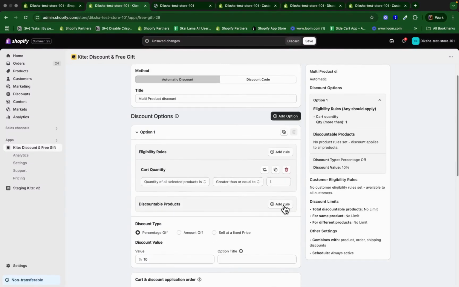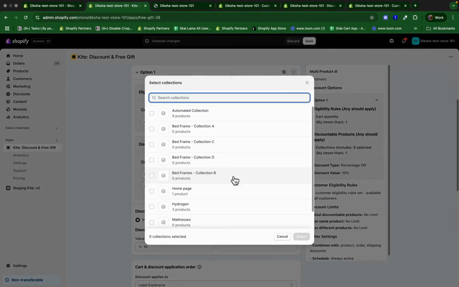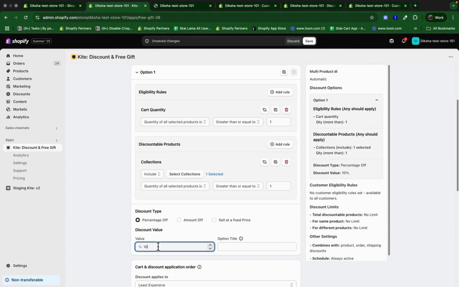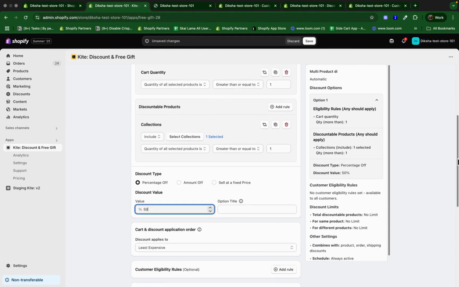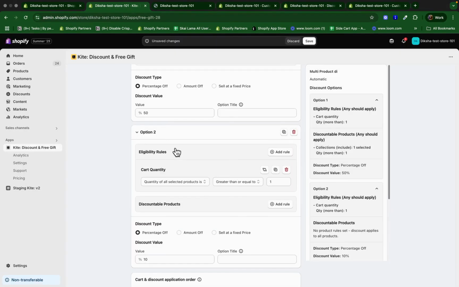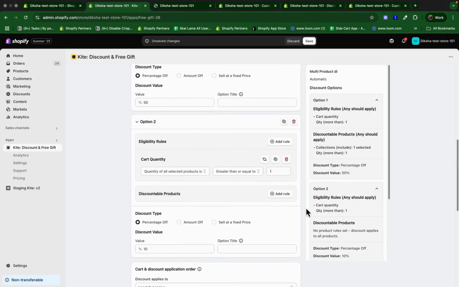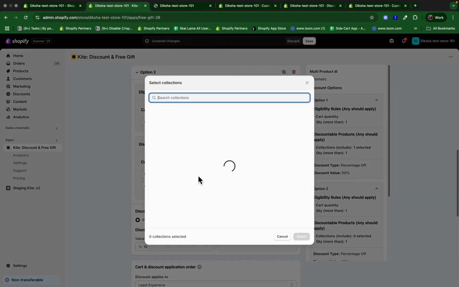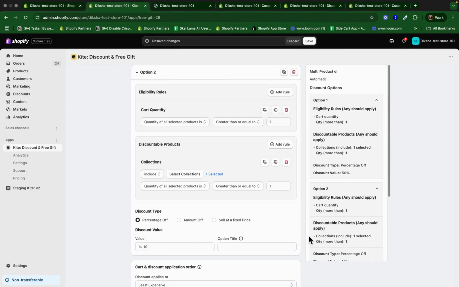Now, let's say our first rule is that if a customer buys a quantity of 1, we will apply a 50% discount to the hydrogen collection in our store. To add another layer to our discount, we'll create another option. This time, we'll ensure the cart quantity is still 1, but we'll apply a 20% discount to a different collection,